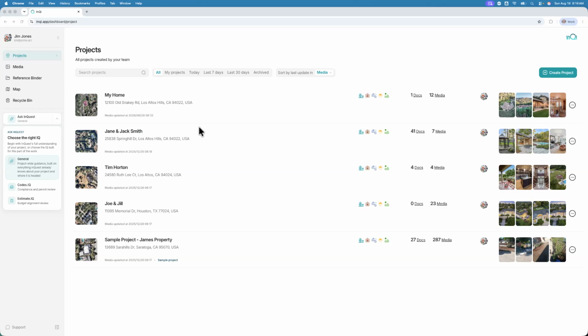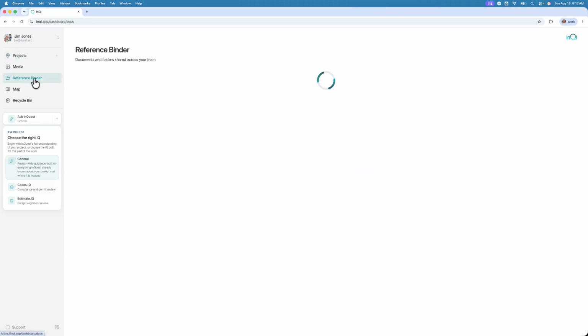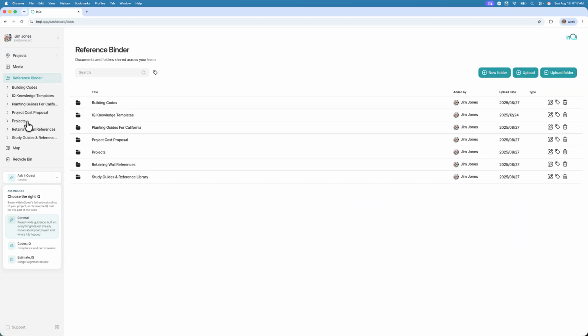That means we are not working inside one particular property or project. Instead, we can ask questions, work with our company knowledge, or select one of the InQI's specialized IQ apps. So, for example, if you look at the references binder, you see all kind of information that this user has brought in for the company. What we can do at this point is simply go in and use the InQuest,